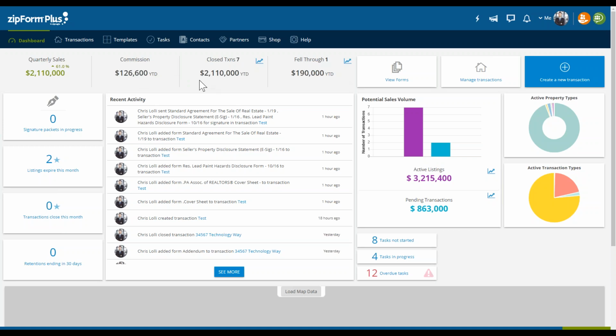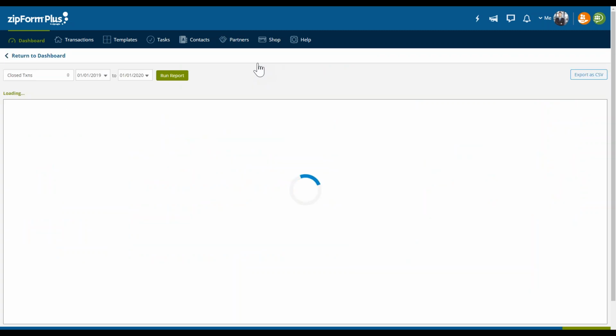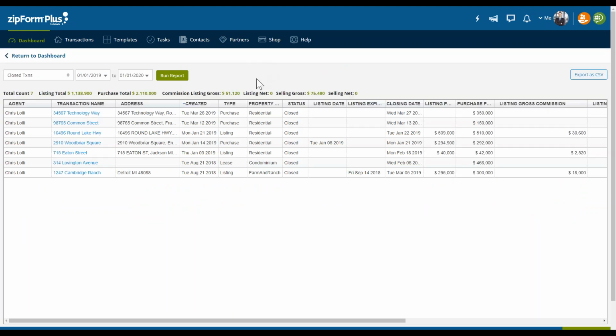At any point, if you want to view a more detailed description of any one of these particular metrics, closed transactions or fell through, you have this report icon. It looks like a stock symbol. Well, we hope all our stocks are going up like that, right? But you can click on that, and then you get to view a more detailed description of everything that falls underneath the umbrella of closed transactions, where you can see any one of these transactions' details at a glance, and even a more detailed description here.